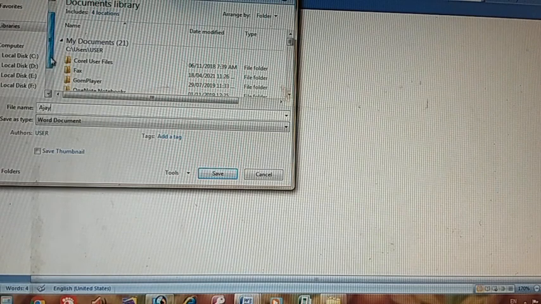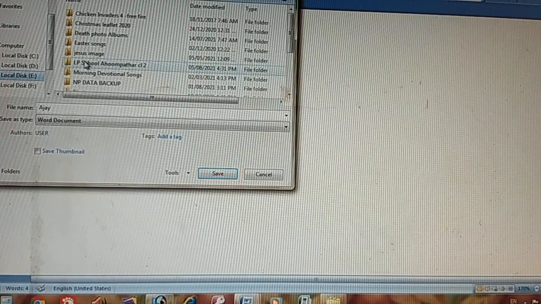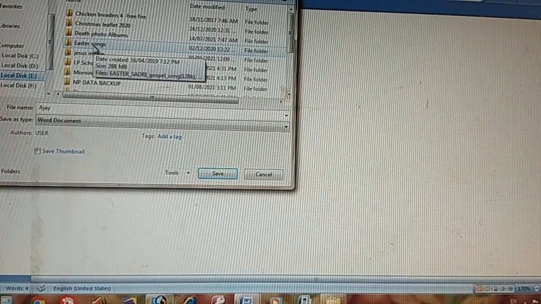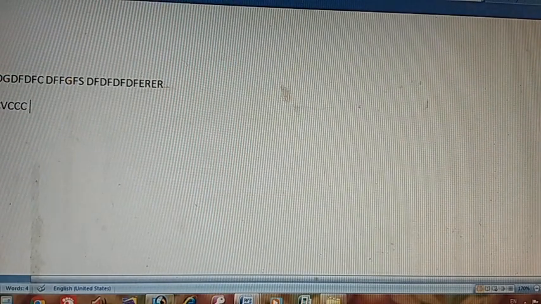And then you locate the drive. If you don't locate it, it will go to My Documents folder automatically. So you can locate local disk D, local disk E, and you can also locate the folder in which you want to store the file. Okay, then click on save, and your file is ready.